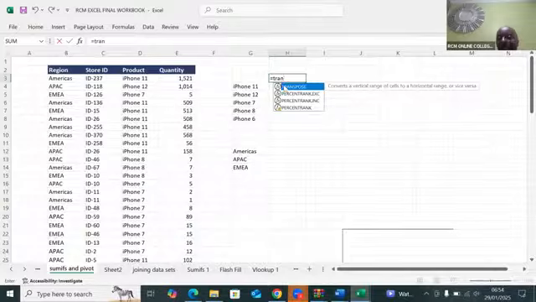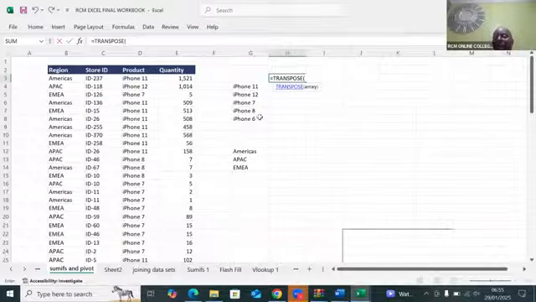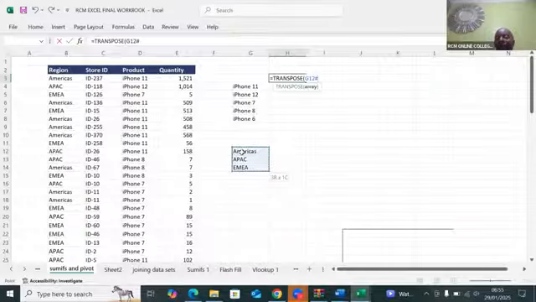I can see transpose here. You say transpose. Transpose means changing columns to become rows, or rows to become columns. That's transpose. So you say transpose there, and then you come and transpose this. They are now unique, 3 of them. You highlight them, you enter.